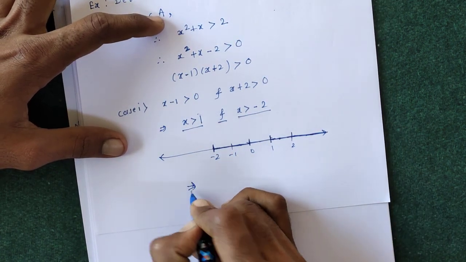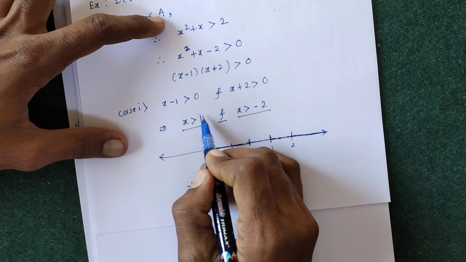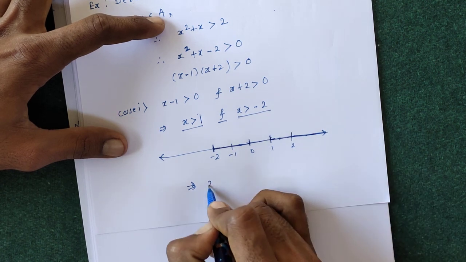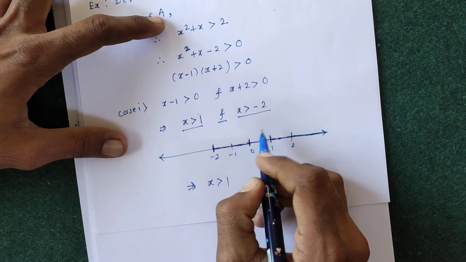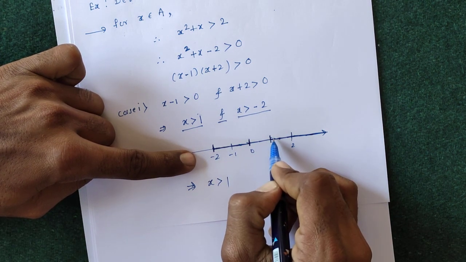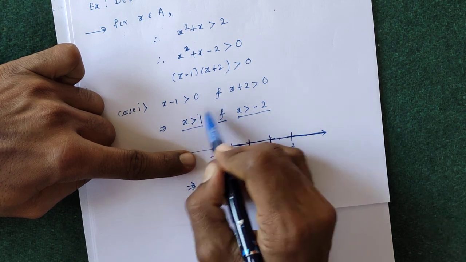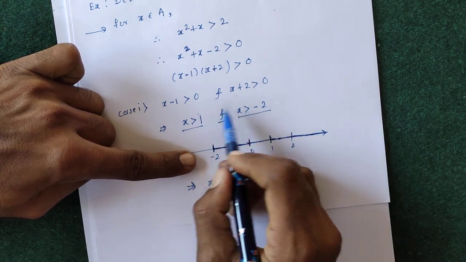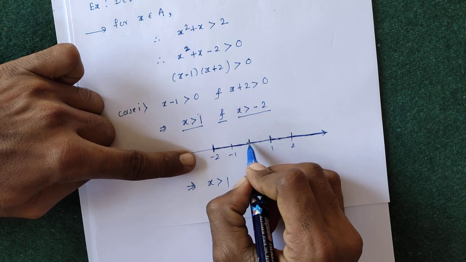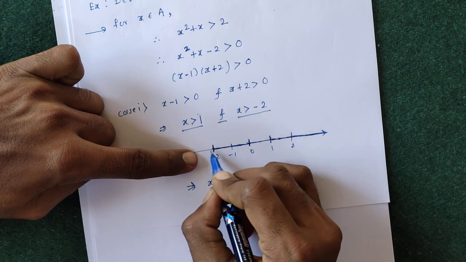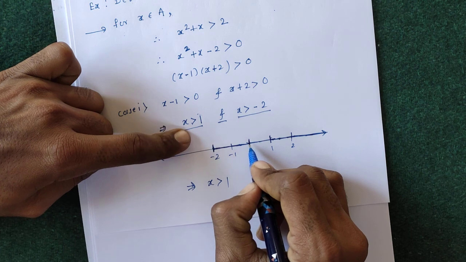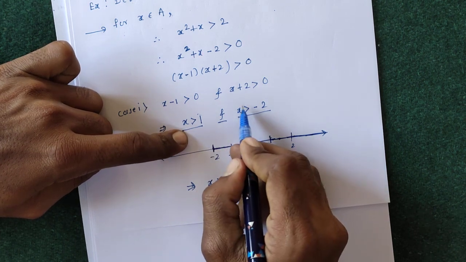So the numbers which satisfy both the conditions, that is the first inequality as well as the second inequality simultaneously, are the numbers which are greater than 1. If we take, suppose, 0, then 0 is greater than minus 2, but 0 is not greater than 1. We need all those numbers which satisfy these two inequalities simultaneously, that is, at a time our x must satisfy these two conditions. So 0 does not satisfy both the inequalities.